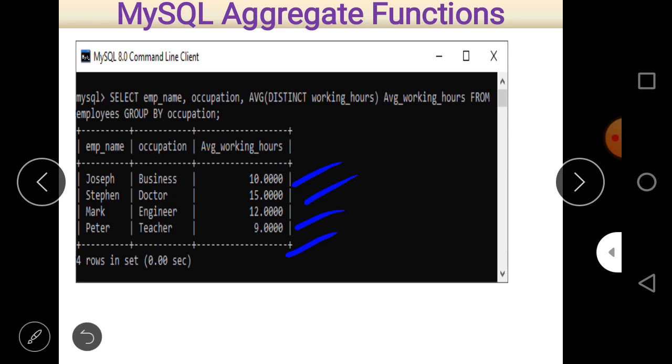And just as I told you earlier, if you want to calculate the average of different values that are not part of any table, then just select and put those values, and after that a dummy table name, dual, must be there if there is no table name, because the select statement is always used with a table name. So these are some important points.